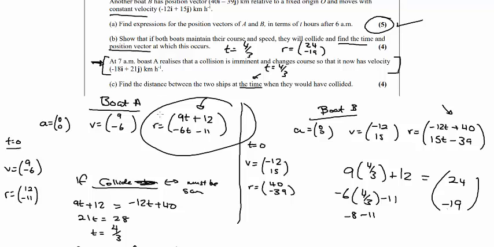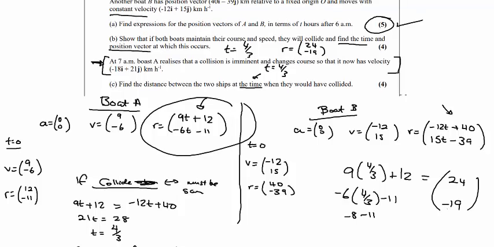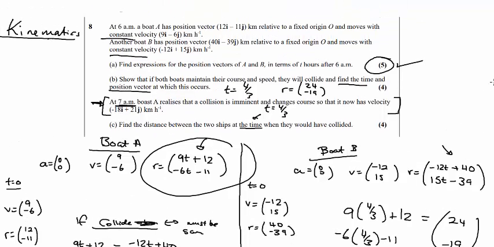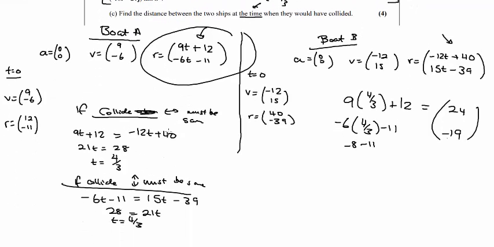So now, because something has changed here, we're going to have to build a new AVR. This is similar to when we're doing F equals MA and an extra force is added or taken away, where we've got to do the whole F equals MA again. Now, let's think about this. By the way, this happens 1 hour later. So this whole question begins at 6 AM, and at 7 AM boat A decides to change. So let's make a new